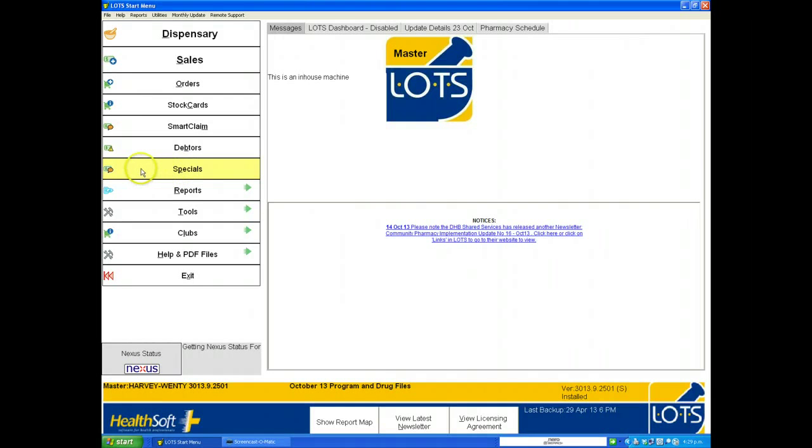The specials module that's in Lots is a really powerful way of being able to manage a large number of products or ranges that are on special, and probably more importantly gives you the ability to be able to report on them to see how successful that special was. So from the main menu, click into Specials,